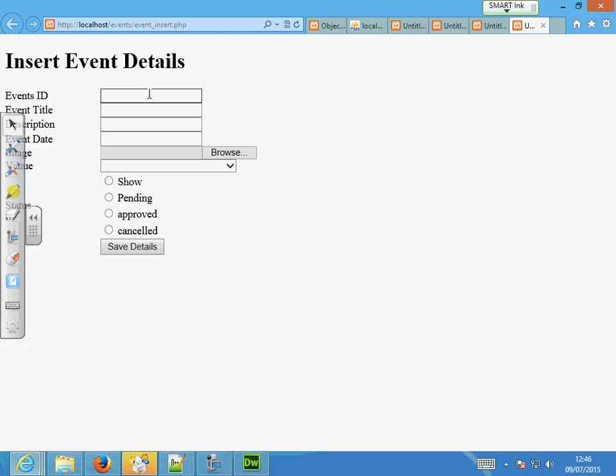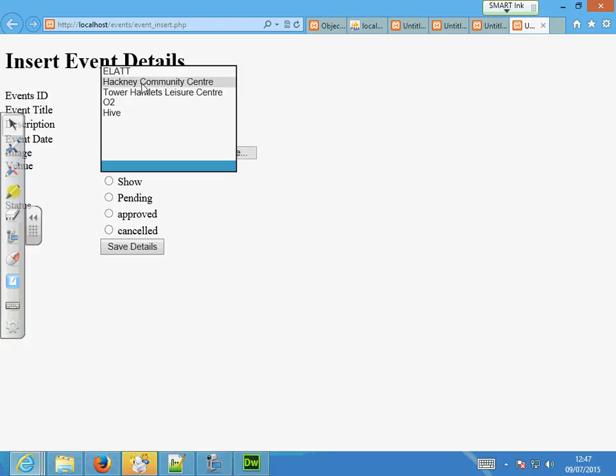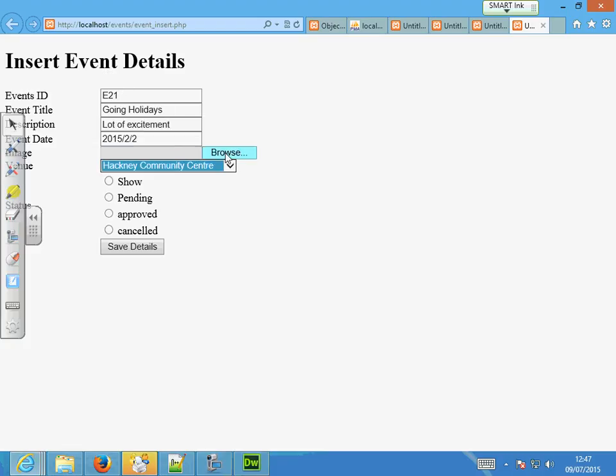Look, if I add another one here and I say holidays, browse. Let's see, we can test this again. Hackney Community Center, browse.